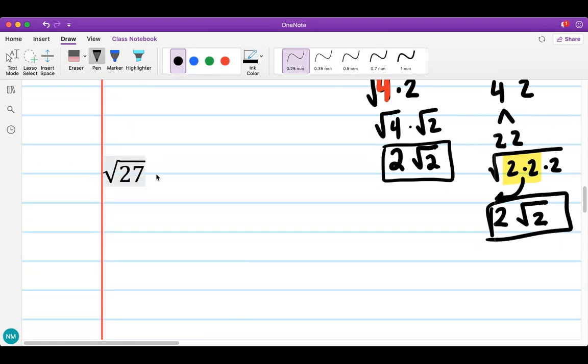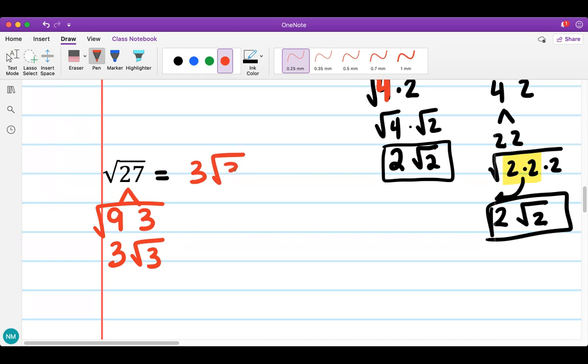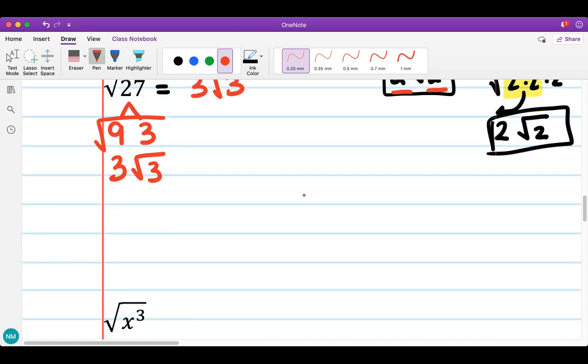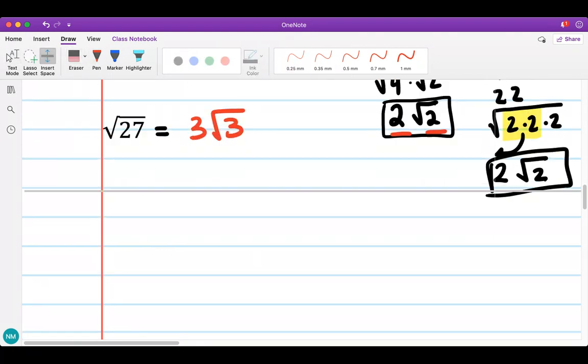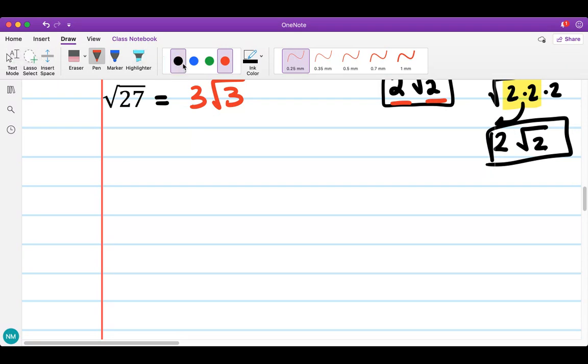Square root of 27 is not a perfect square. So we can find the biggest perfect square that goes into 27. We could think about it, and it's going to be 9. So 9 times 3, square root of 9 is 3, and then 3 stays inside. So it's 3 root 3. No, it will not always be the same two numbers. Or you can break it down, and you'll get 3 times 3 times 3. Let's do one more of these. Let's do the square root of